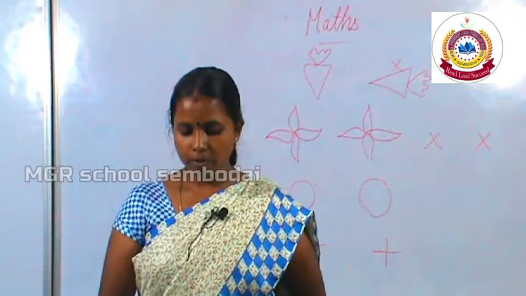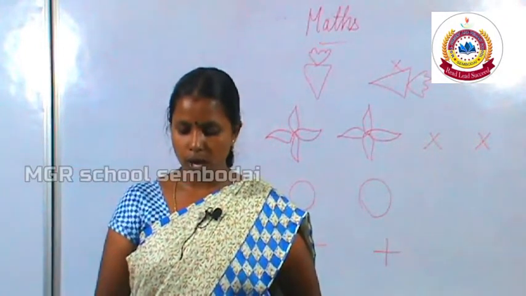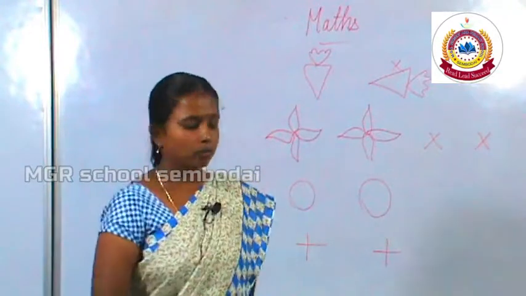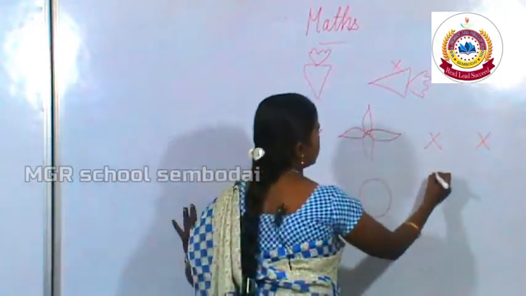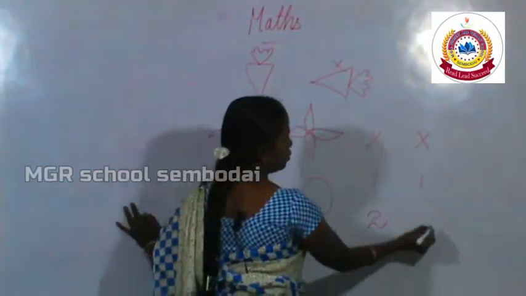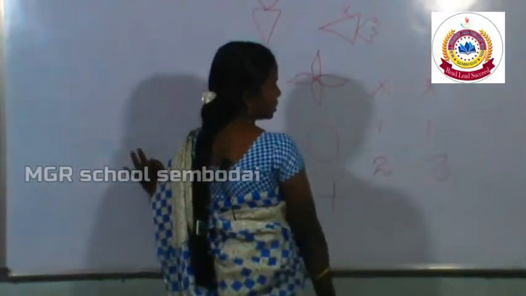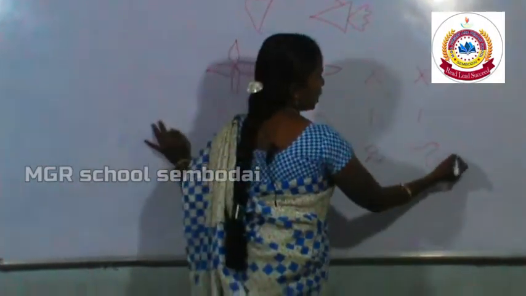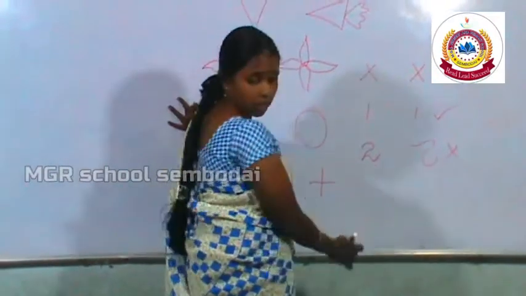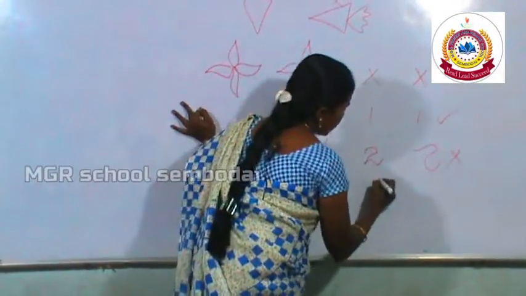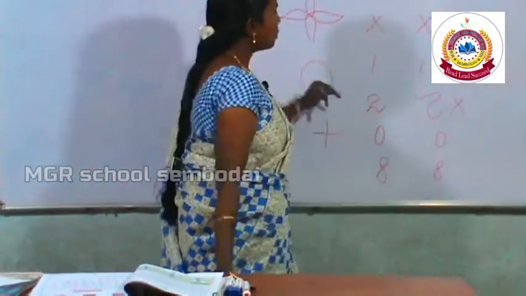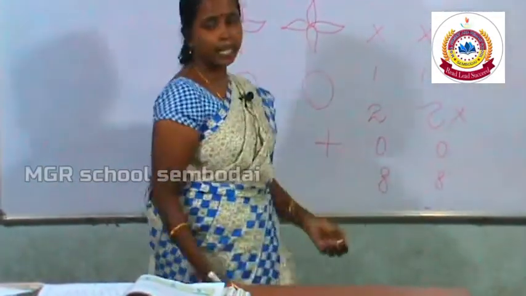Find the third one. Find the numbers which will look the same on a half turn. If you turn the 1, it will look the same. If you turn the 2 two times, it will look like this, so you should not take this one. You should take the first one. 1 and 0 look the same, and the 8 also looks the same. You have to take 1, 0 and 8.